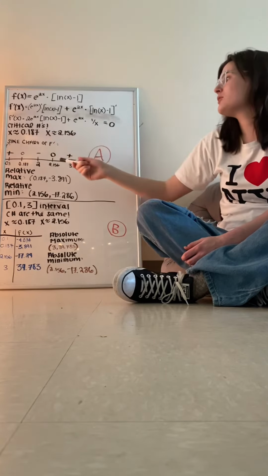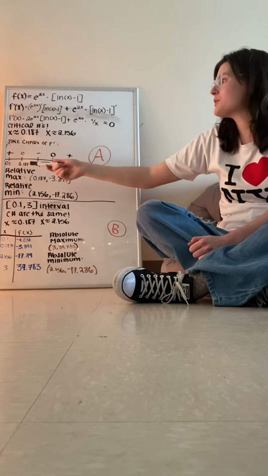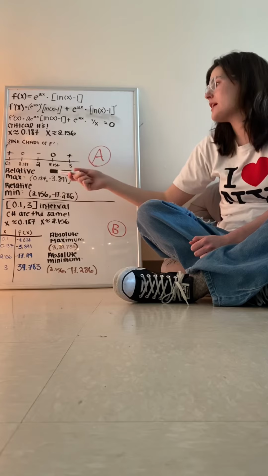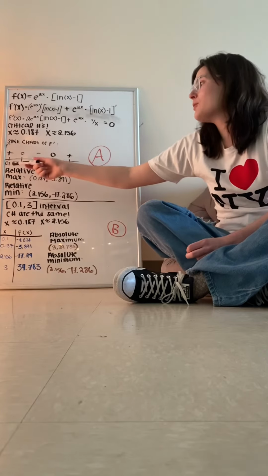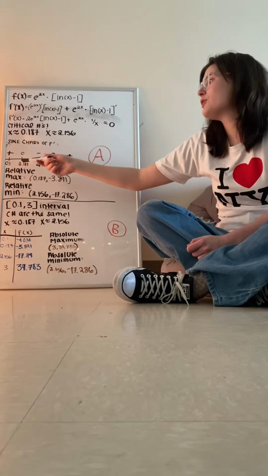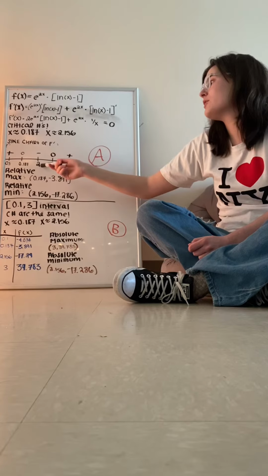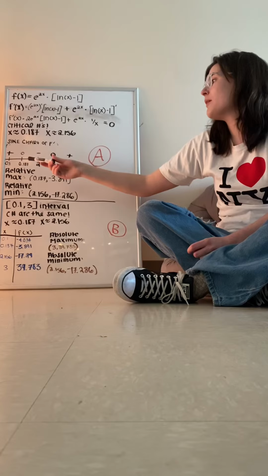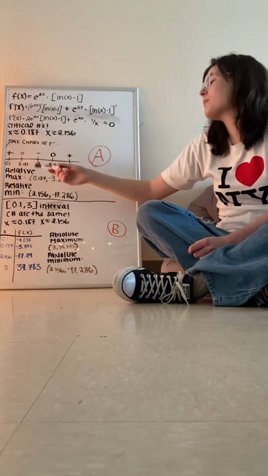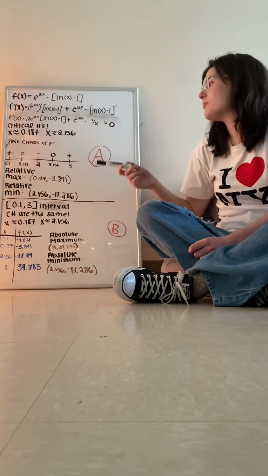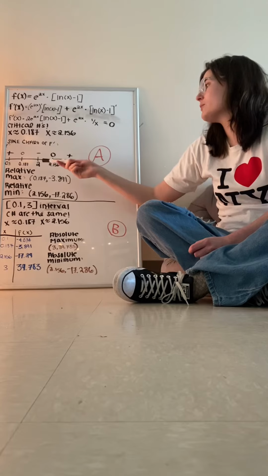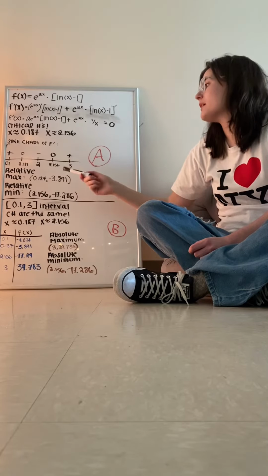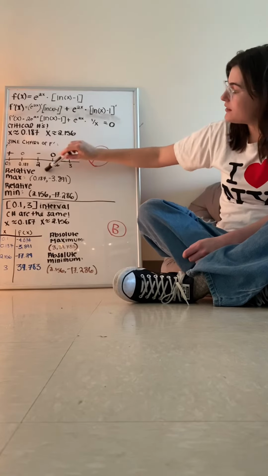Then you create a sign chart of f prime, plugging in both critical values along with values both greater and lower than that. And so for 0.1 you get a positive value, 0.187 is 0, and 2 is a negative value. So you can determine that 0.187 would be the relative max, and going from negative to positive would determine that the 2.156 is the relative minimum,